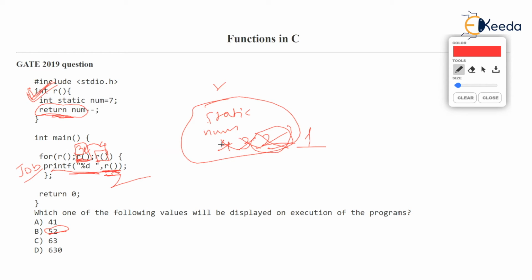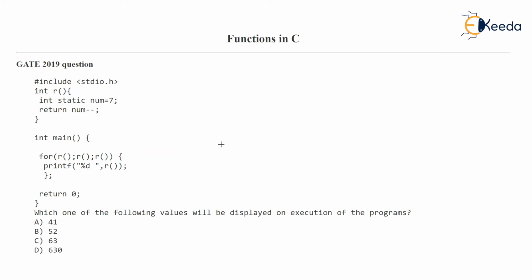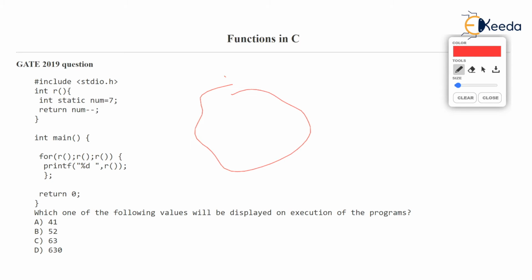Okay, but let's continue. Currently, r is equal to 1, isn't it? Check that. R is 1. Currently, r, the static variable num, is 1. Anyway, we got the output, no doubt about it. We know B is the correct option. Now, this r has currently printed 2, this 2, but also static variable num has become 1.